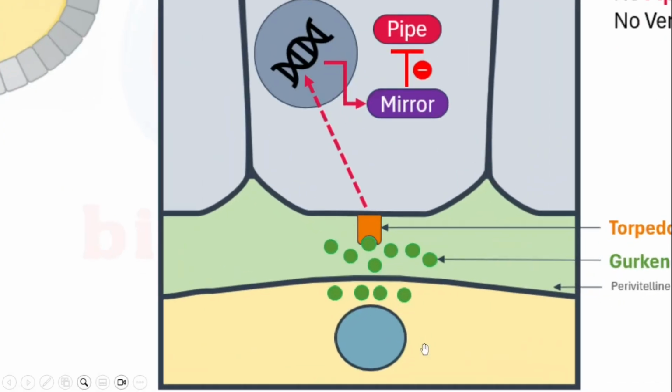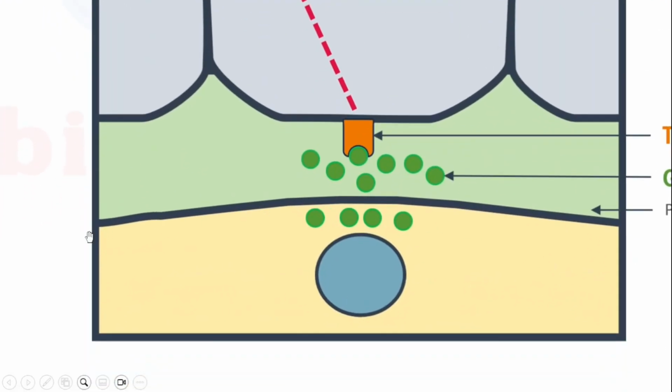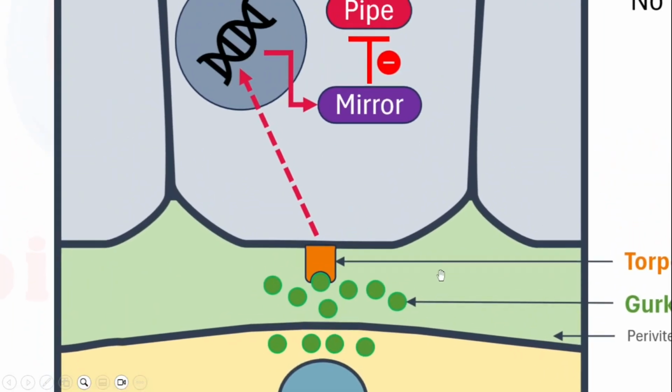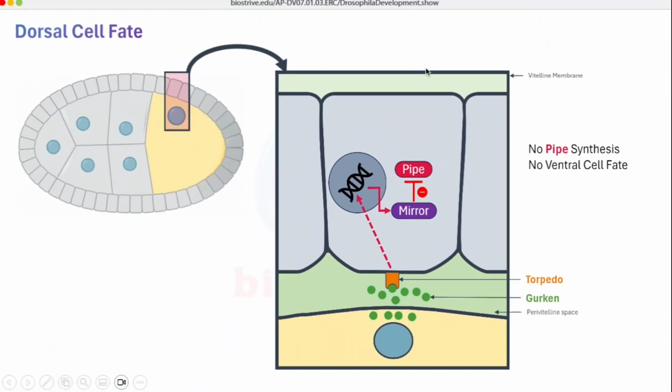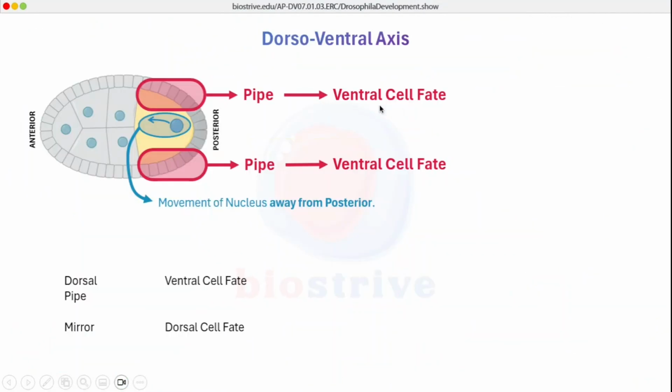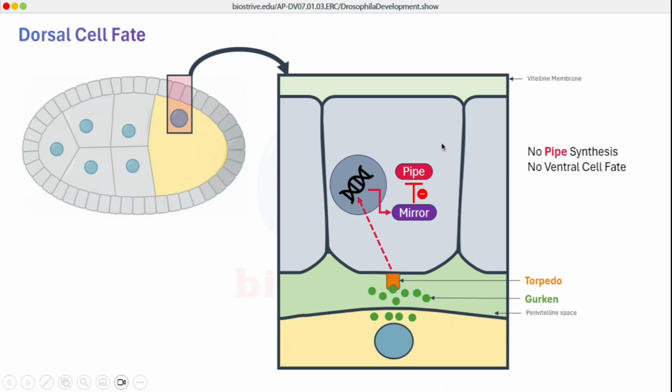Come to this diagram. As we said, this is the embryo membrane, and the nucleus has localized towards these upper follicle cells. This nucleus has transcribed the Gurken mRNAs which gave rise to Gurken proteins. These Gurken proteins will diffuse and interact with this Torpedo receptor. There will be initiation of signaling, and these follicle cells will start synthesizing a specific protein which is Mirror, and this Mirror protein is a specific inhibitor of pipe protein. But we said that the pipe protein was giving the ventral fate, and if we inhibit the pipe protein,